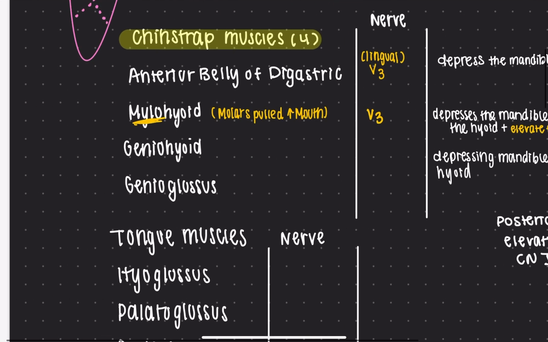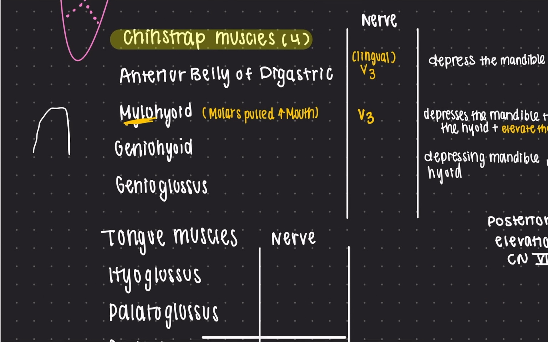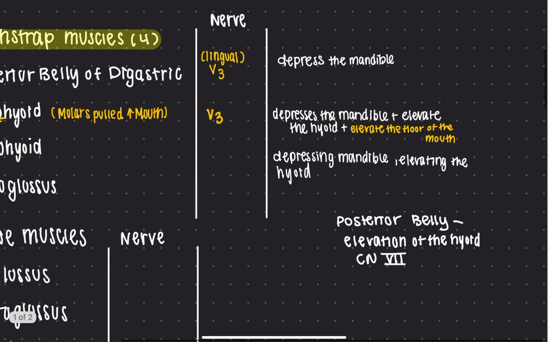Because it's towards the front, if you look at a chin pointing up like this, with the body of the mandible being this part, you would see the anterior belly of the digastric going like this. Then you would see the mylohyoid with horizontal striations, and deep to both of those you would see the geniohyoid, going from the chin to the hyoid. So you can imagine that would be depressing the mandible. It would also be elevating the hyoid,